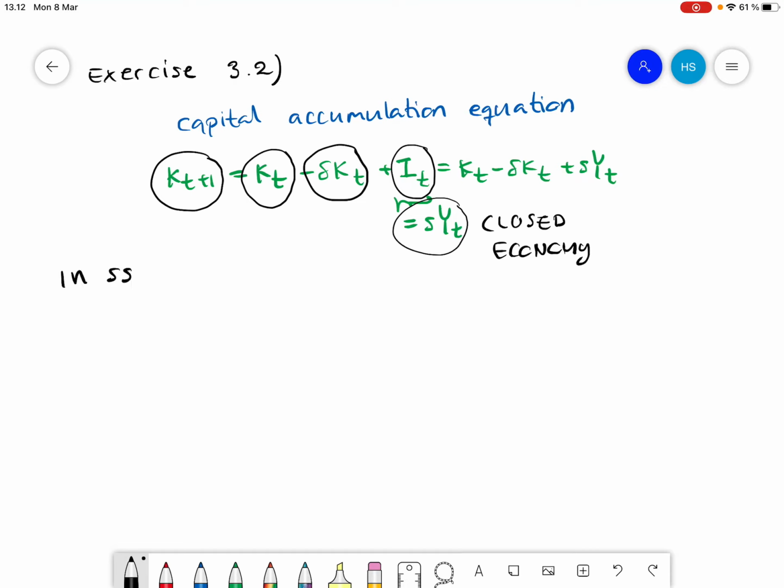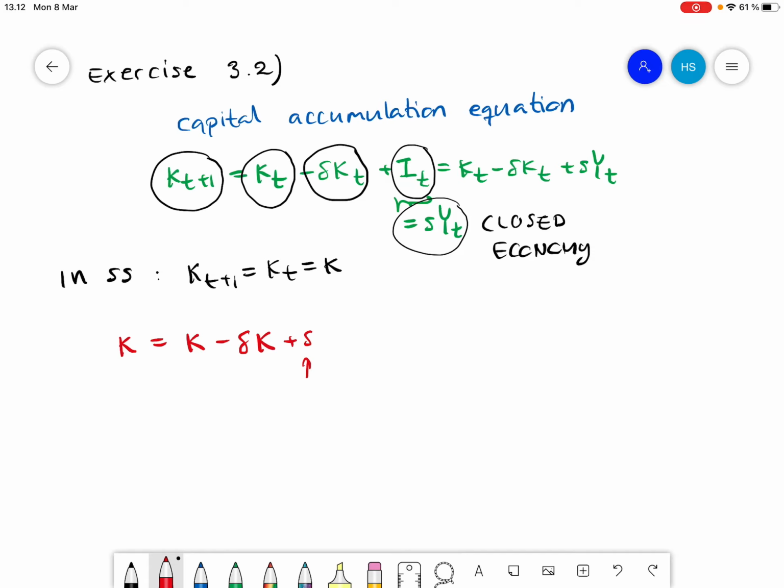In steady state, we have a constant capital stock. And that means that K_{t+1} must also be equal to K_t. In other words, we just choose to drop all the subscripts in our capital accumulation equation because everything remains constant. So imposing this steady state condition, we get that K is equal to K minus delta K plus savings, investments, that is the savings rate,